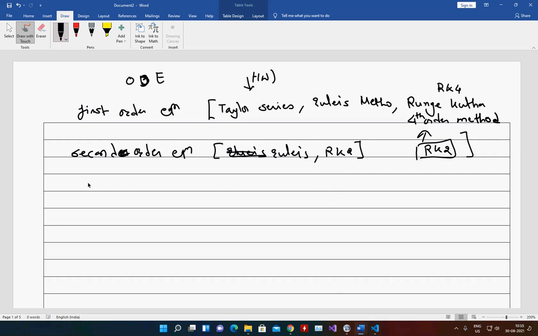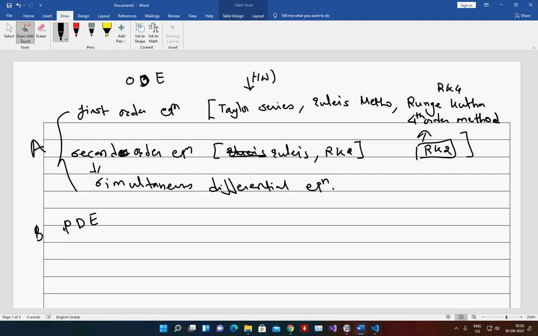Okay, so these two methods are there. Then the extension of this is simultaneous differential equation. Okay, now again this will form a part A, and part B will be your PDE. So this is how each unit is doing.